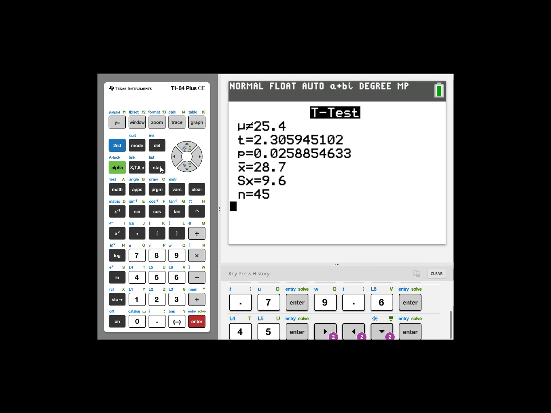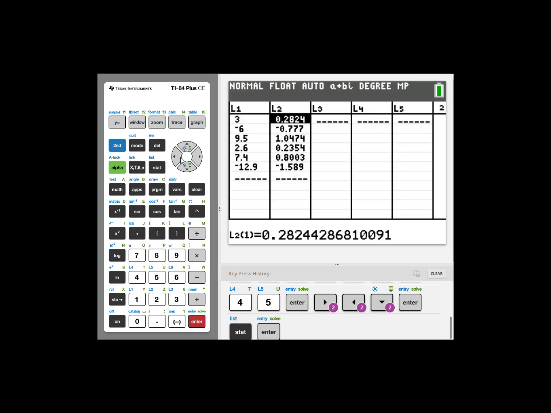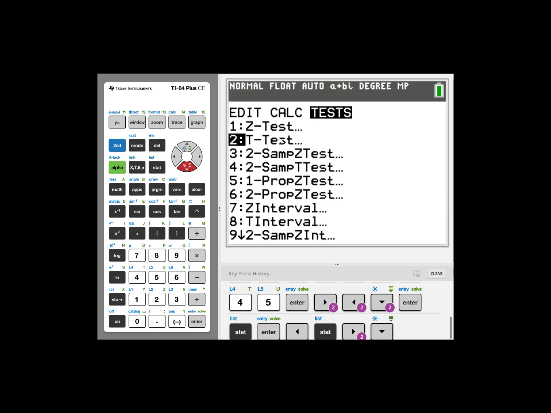So let's suppose the problem didn't give us a mean and a standard deviation and a sample size from a sample, but it actually gave us sample data. So what we can do, we can take that data and we can calculate those statistics from it. Or another option is to simply put the data in a list. So here's some random values. It doesn't really matter what we use. But put the data in a list, and then when you go into the tests submenu and choose t-test,